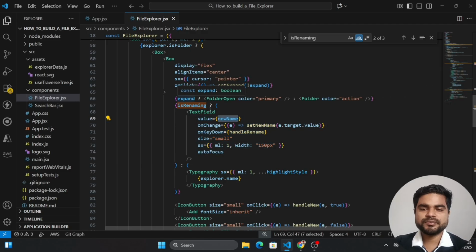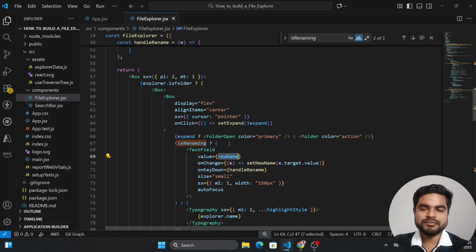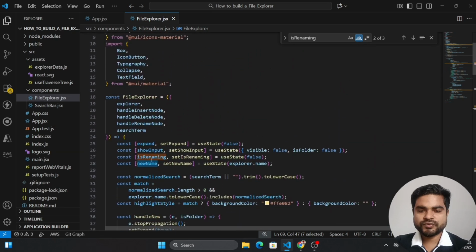Basically, it is the new name the user is typing. In the new name, we need to pre-fill the older name, so we have already pre-filled the previous old name of the